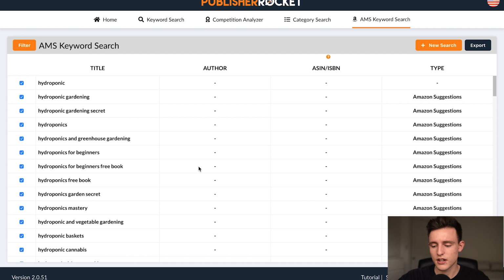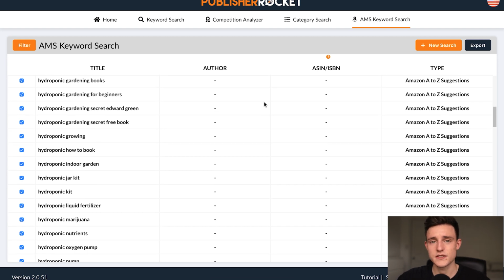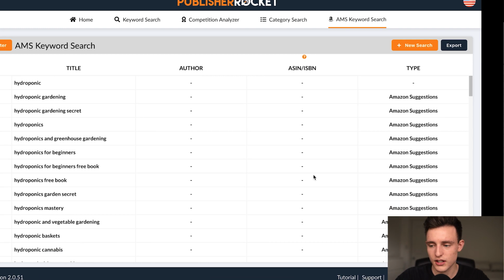Okay, so once you have done that with Publisher Rocket, that's basically it for Publisher Rocket. I don't have to show you Publisher Rocket again. It gets all 3 of them, and I'll show you the Excel sheets that it gives you afterwards, and then we can add those keywords from the Excel sheets into our target word organizer so they're all in one convenient place. So we can take them, copy and paste them into our Amazon ads, which I'll be showing you in part 2 of this series, and get the ads rolling from there. So let's go back and I will show you the